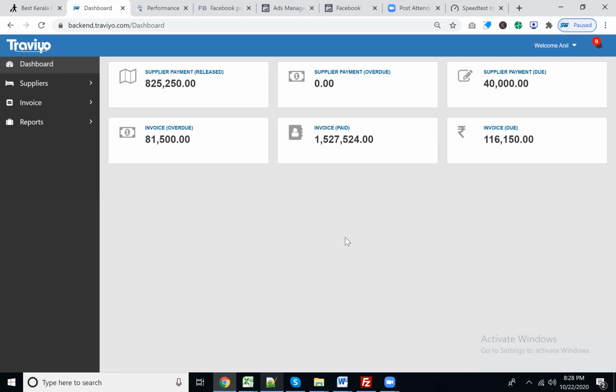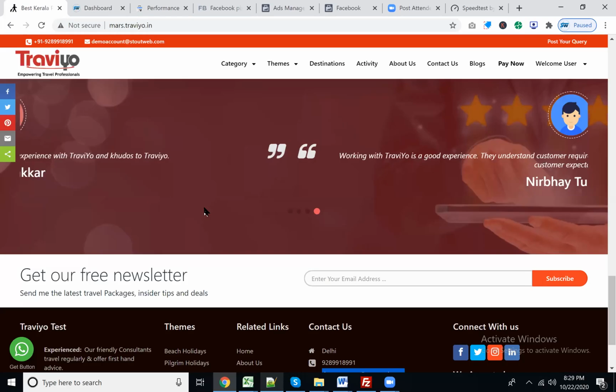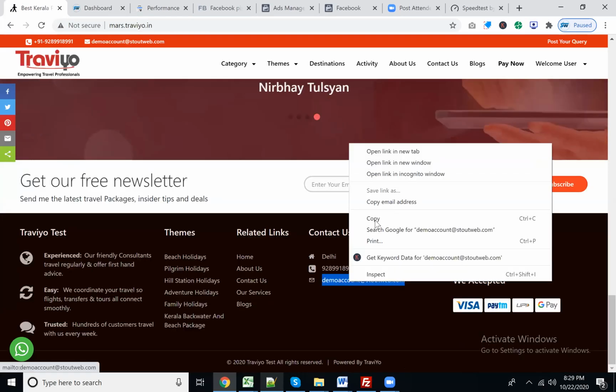Role management system: creating the role, permission, creating the member, and allocating them the role. The dashboard is automatically designed according to the user's role, and the menus are permitted accordingly. That's the first step towards the settings: how we update the settings, and create the roles and permissions for the respective members. Again, I'm going to log into the admin account for this account.